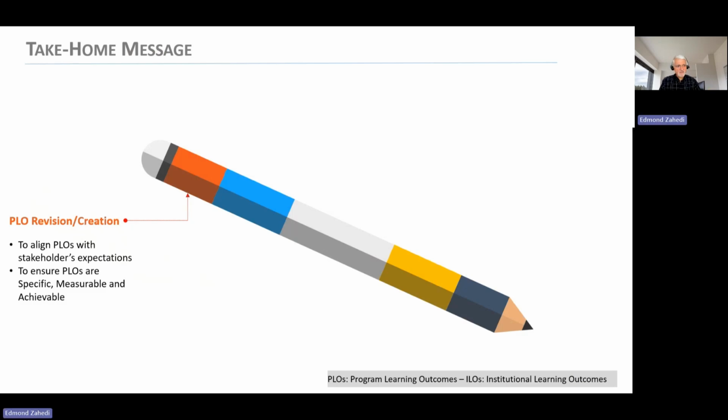Final words. PLO revision creation is to align the PLOs with your vision as stakeholder, but also the vision of others. And we have also the strength and weakness analysis that may be handy in this relation. We need to ensure that your PLOs are specific, measurable, and achievable. It's a step-by-step process. There is nothing mechanical in this process.